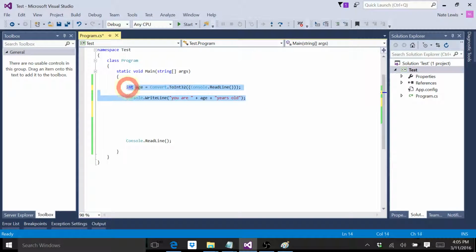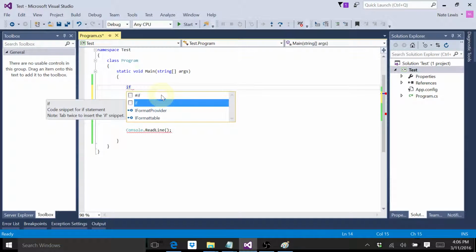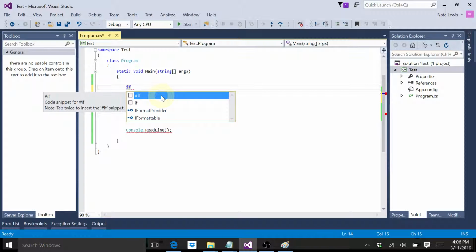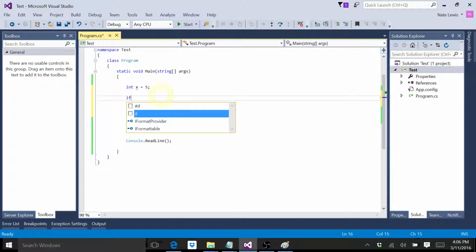So let's get rid of this. And now we're going to talk about the if statement. Now we're starting to create programs with the if statement, where choices can be made in the program. So it's a fairly big day for you, so you may want to remember that. So let's go. Let's do this. Let's go int x equals 5, and then we'll go if